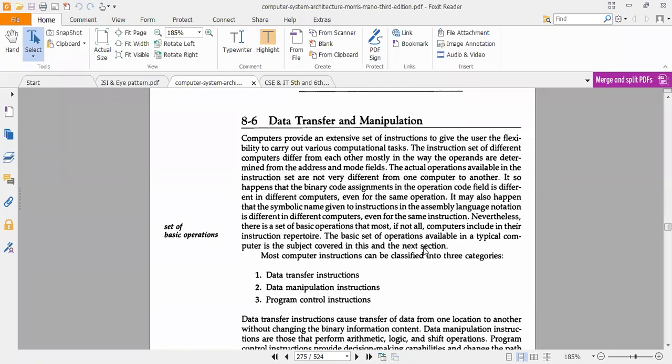These are not new to you, because we already know the data transfer instructions, the data manipulation instructions, and the program control instructions. I am just giving it a new flavor. Just listen and it will be much easier to understand. Nothing complex. Computer organization is a very simple subject, easy to understand, easy to remember, and easy to score in if you go through it a little seriously and follow my classes and video lectures.